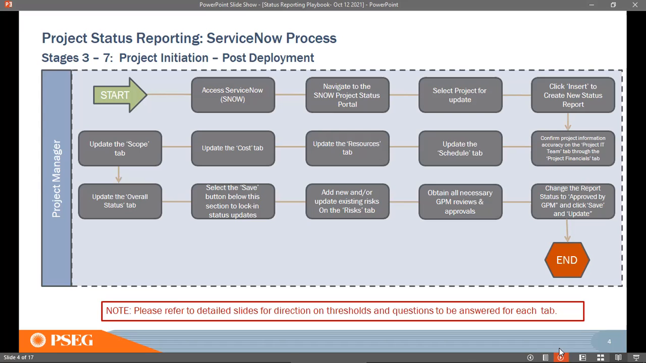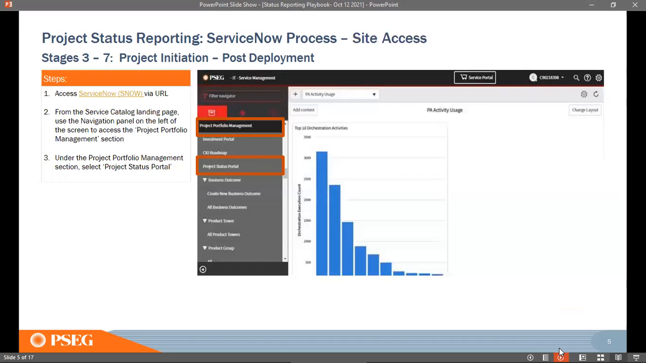With that said, I can go to the next slides to show how it looks in the system, that is ServiceNow. The first link here will take you to ServiceNow. On the landing page on the left-hand side, as you can see here, once you type in project portfolio management, you will see the project status portal showing up. All of that is highlighted for you in case you want to come back and refer to these slides. Once you select that, next slide,